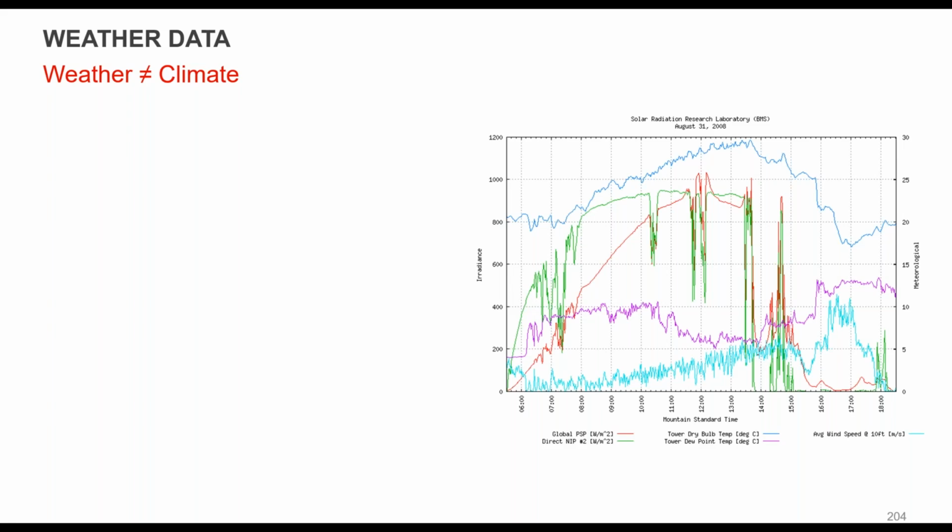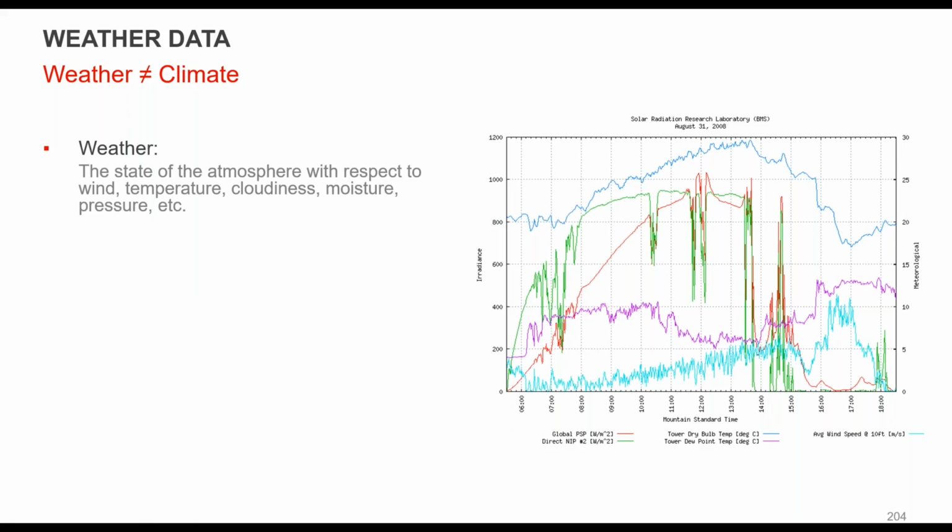These are, I think, 1 minute data for this. And most of the weather data that we get or that is summarized for us is in 1 hour chunks, so the vertical lines. So you may miss some of those things that are going on there.